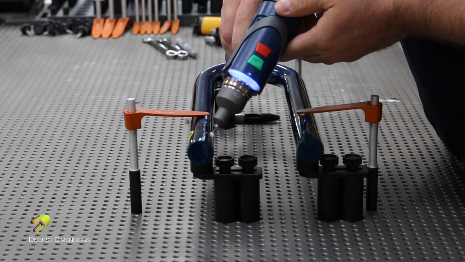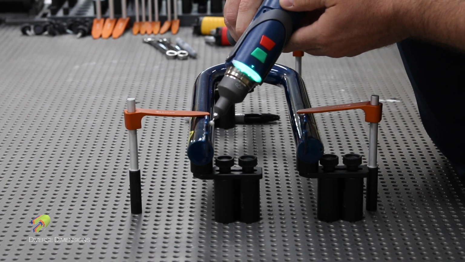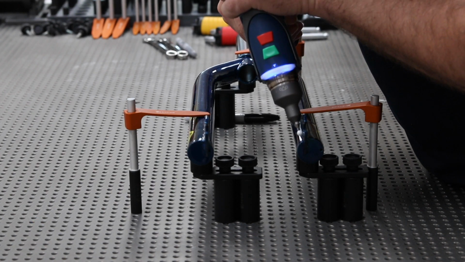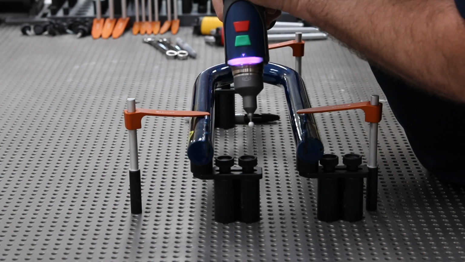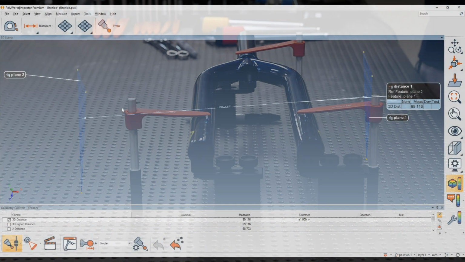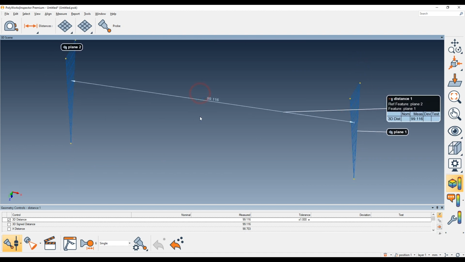So just simply, without making any objects in the PolyWorks tree, we're going to get a couple planes. And without doing anything in the PolyWorks tree, we've now got the features that we need to get a distance